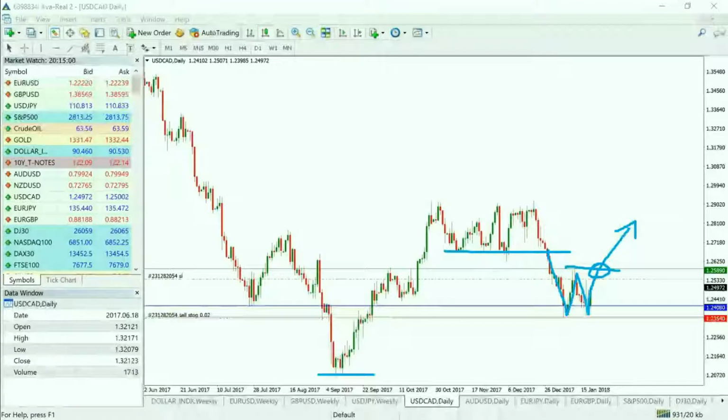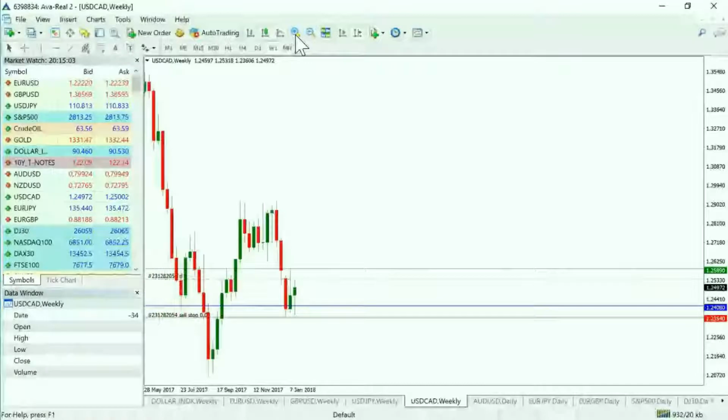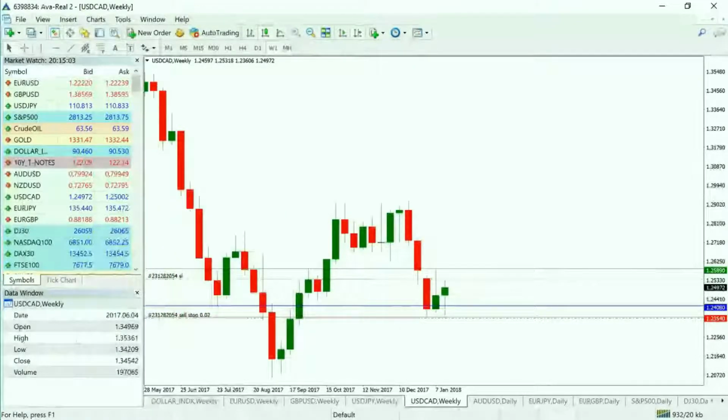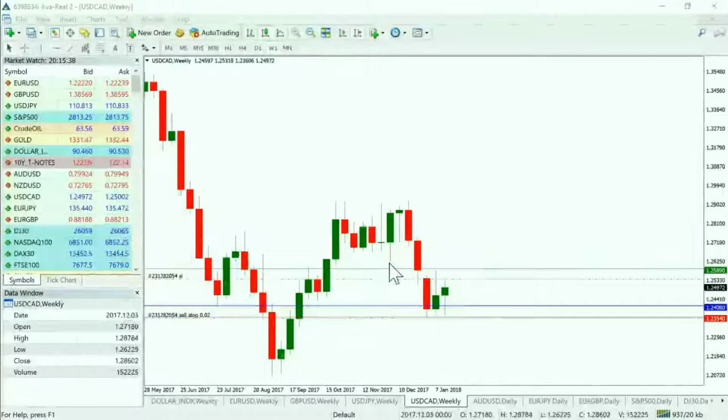So let's look at this on a weekly time frame, and it will hopefully look a little bit cleaner. What we have had in this market is a market which has bottomed out. We're getting this little move and a bit of consolidation, and now we're potentially finding a little bit of support at this level. So working with the weekly high in this situation might just constitute a little leg higher, especially if some strength starts coming into the dollar. So we'll keep an eye on the dollar CAD very closely and just see how this market stacks up.